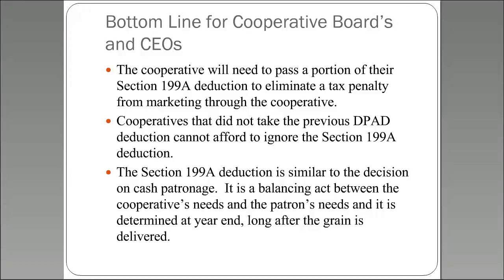So one of the complications out of our tax simplification is we do have some co-ops now that are really going to have to struggle and figure out how are they going to get set up to do everything on per-units and understand this Section 199A if they haven't done that previously.